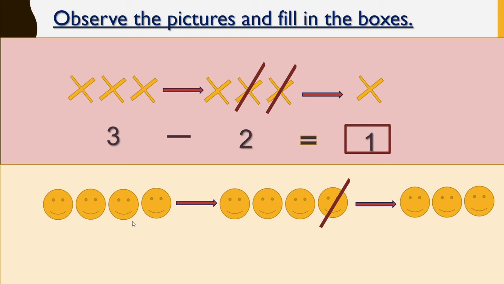Here you can see the smiley stickers. Okay, the question is there. Earlier there were 4 stickers. Now you used 1 sticker to stick in the notebook. How many remained with you now? 3. It is given, correct? So here in the box, shall we write 1? Yes, that is used by you to stick in the notebook. Am I right? 4 minus 1 is equal to 3. Correct? Wow.